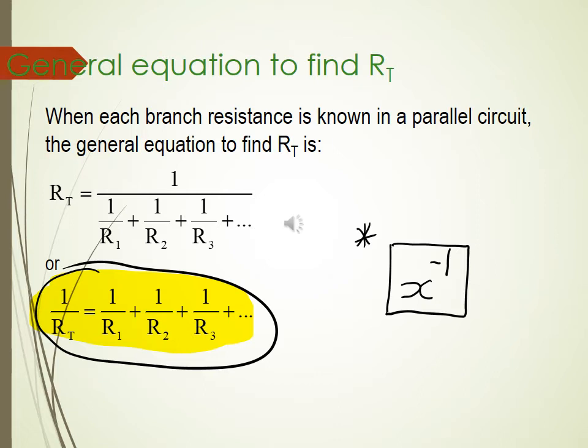Essentially, if we are trying to calculate the total resistance of a parallel circuit, the formula in yellow is used. Just to recap, when you're using your calculator,